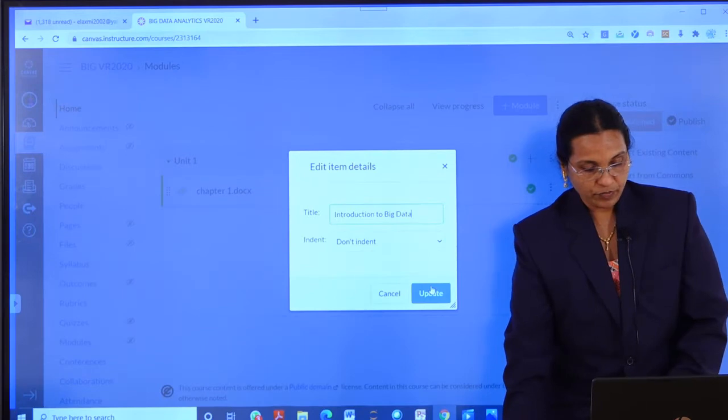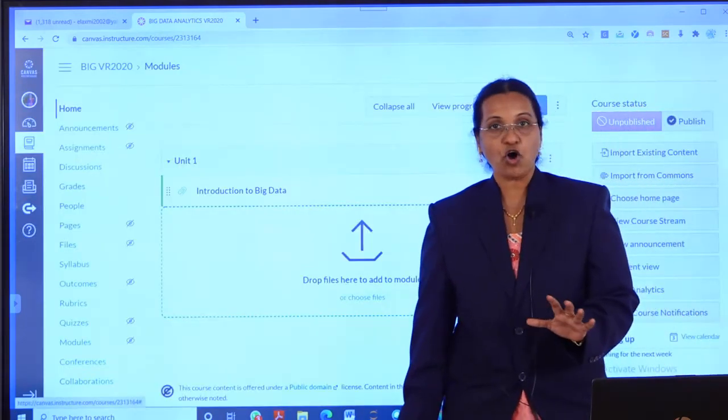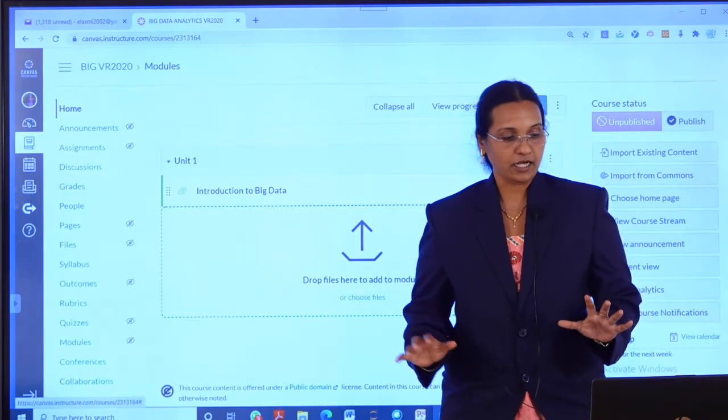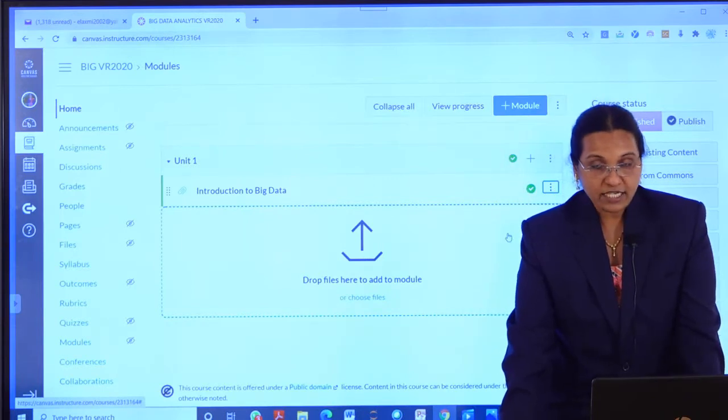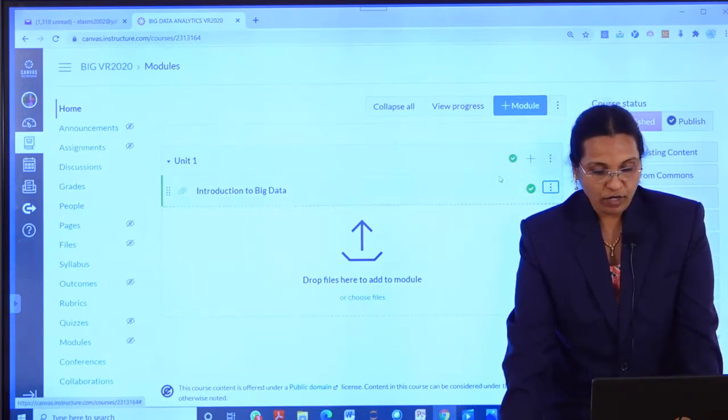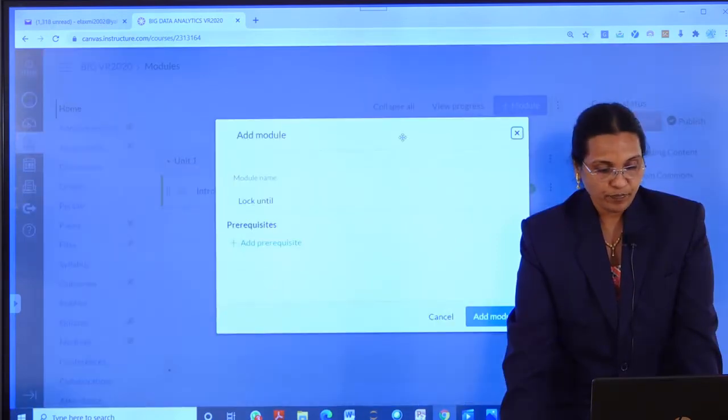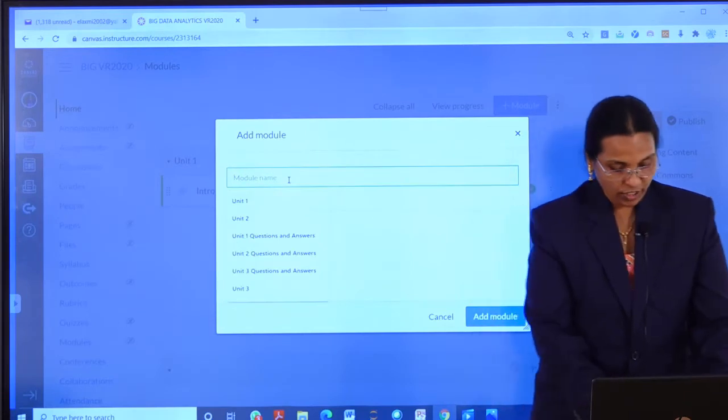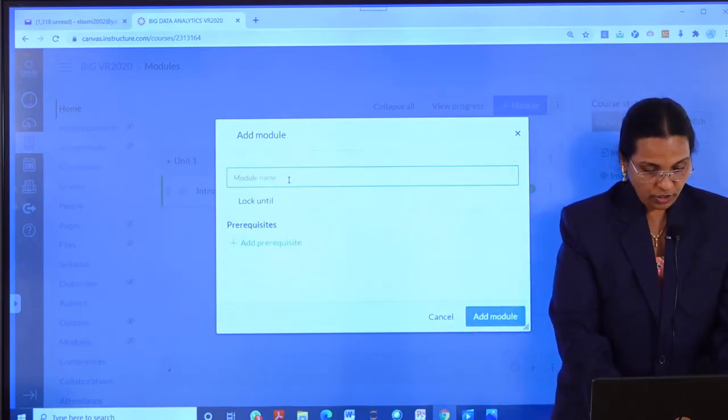And say update. So this note is all about introduction to big data. Like this I can add as many modules as I want. To add a few more notes, I will click on the module and give the module name as unit 1